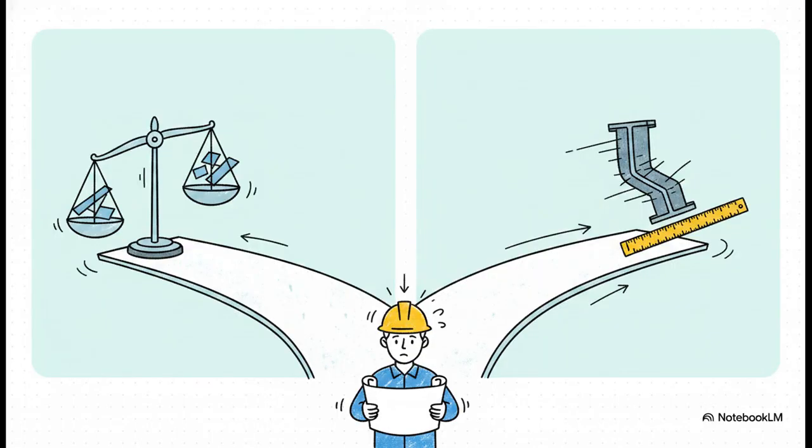Right at the starting line, your engineering team faces a critical A versus B choice, force methods or displacement methods. And the diagnostic rule guiding this decision is incredibly straightforward. They have to choose based entirely on the specific unknowns they're solving for. If static indeterminacy is less than kinematic, well, they use force methods to find redundant forces. But if the reverse is true, they pivot to displacement methods to calculate how much the structure will actually move or bend. If they pick the wrong path here based on the structure's indeterminacy, your team is going to waste hundreds of hours on completely compromised calculations.